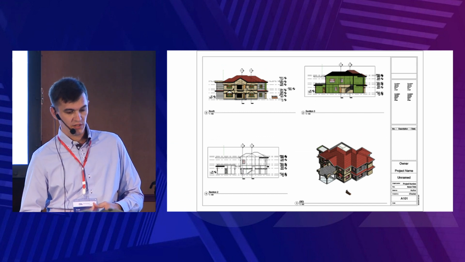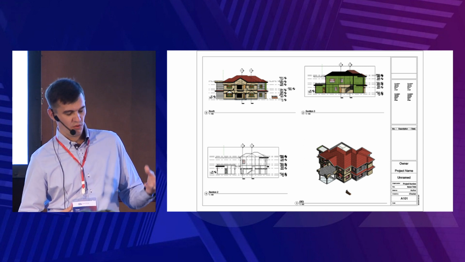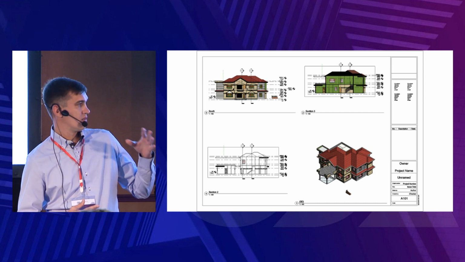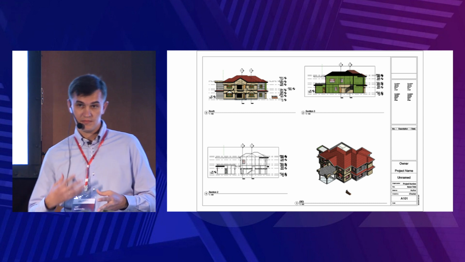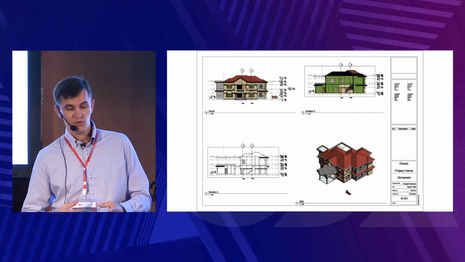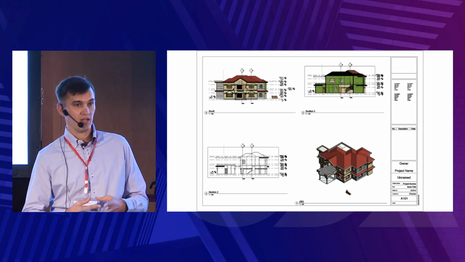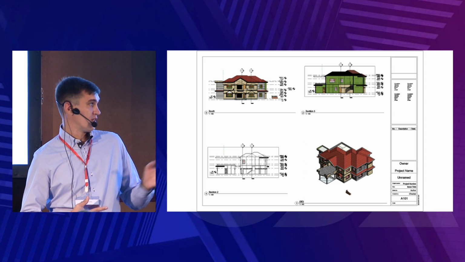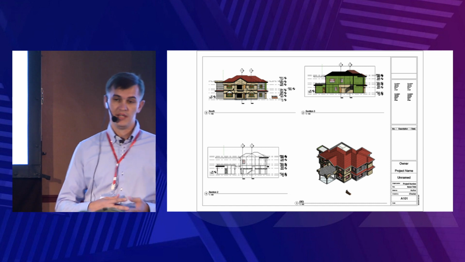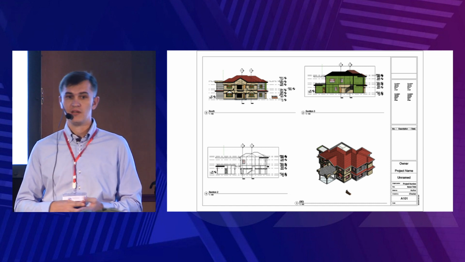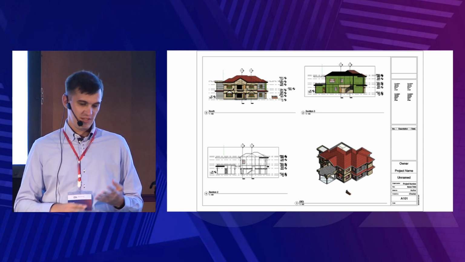realistic mode. On the screen you can see a sheet with four different views. The bottom right view is a 3D view, and it has a realistic visual style. For the realistic visual style we use textures and other color properties from materials. So you can see the result on the screen. Any file also contains a set of plan views: different floor plans, ceiling plans, elevations, sections, and so on.